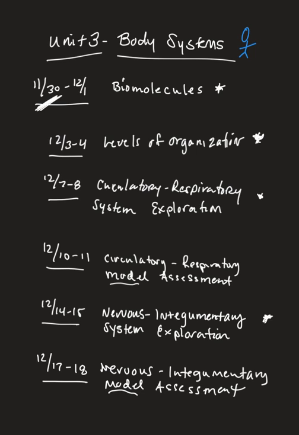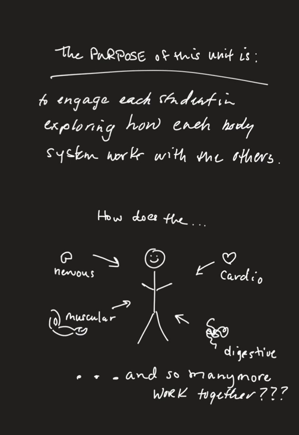All right, so that's Unit 3. The purpose of this unit is to engage each and every one of you in exploring how each body system works with the others. So that means, how does the nervous system, how does the muscular system, the digestive system, cardio, and all of the others, how do they most importantly work together? Okay, so that being said,